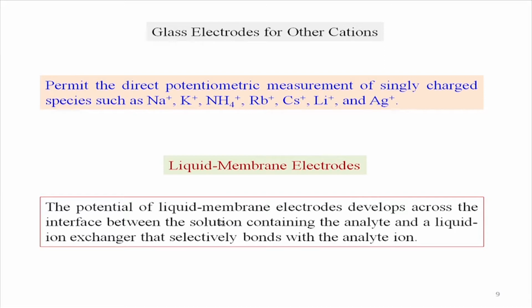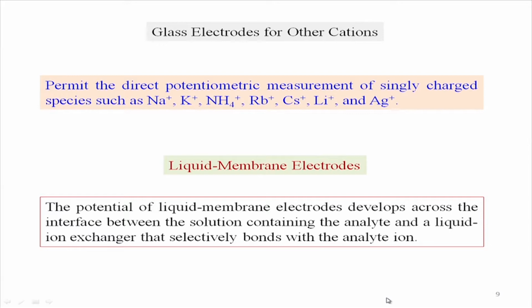So, in lieu of that solid glass membrane, if you have a liquid membrane, the electrode potential develops across an interface, that means we consider an interface like that of your glass membrane. One side you have one proton concentration and the other side you have another proton concentration. Similarly, here also you develop an interface, but the interface is around this particular liquid membrane. That means, we know that a liquid, when it is on a glass surface, forms a film. So, if the thickness of that particular film is reasonable, it can also function as a membrane,